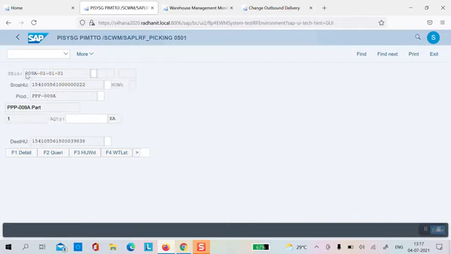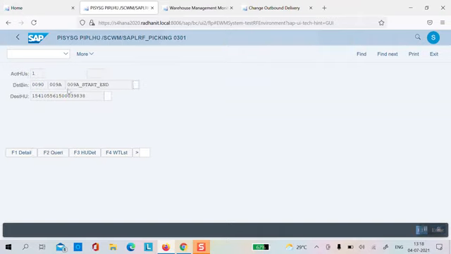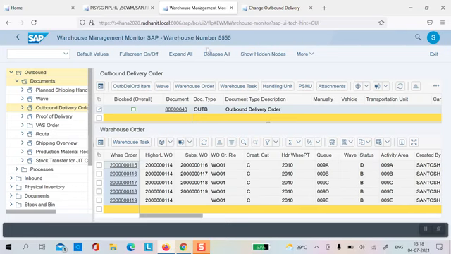So I am doing the picking for the first warehouse order. So normal SAP standard validation I have to do. So let me do this one. Then here. Now you can see here, let's say the first one, what I was trying to explain is that,